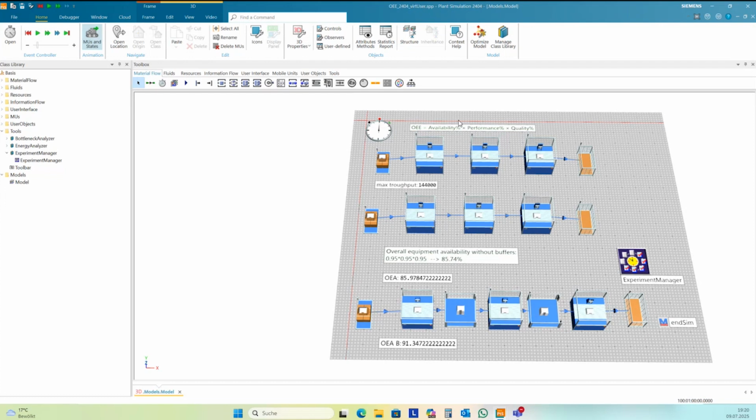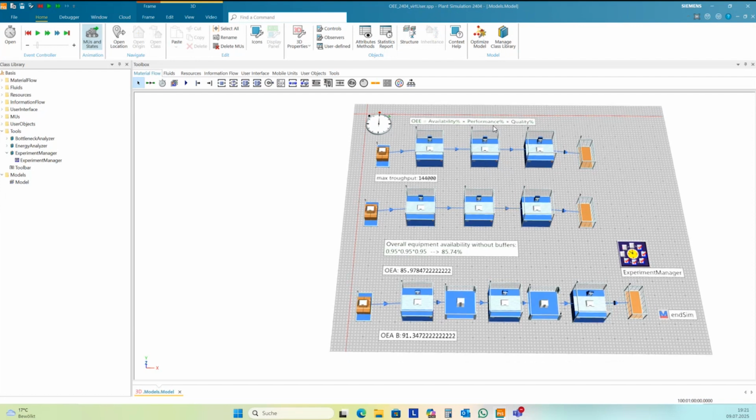I know companies where the breaks of the worker are already performance loss, and many define performance as all influences that cause some delays in the cycle time, in the shortest cycle time. Our shortest cycle time is here 60 seconds, and all influences that cause a delay in this 60 seconds are already performance loss.